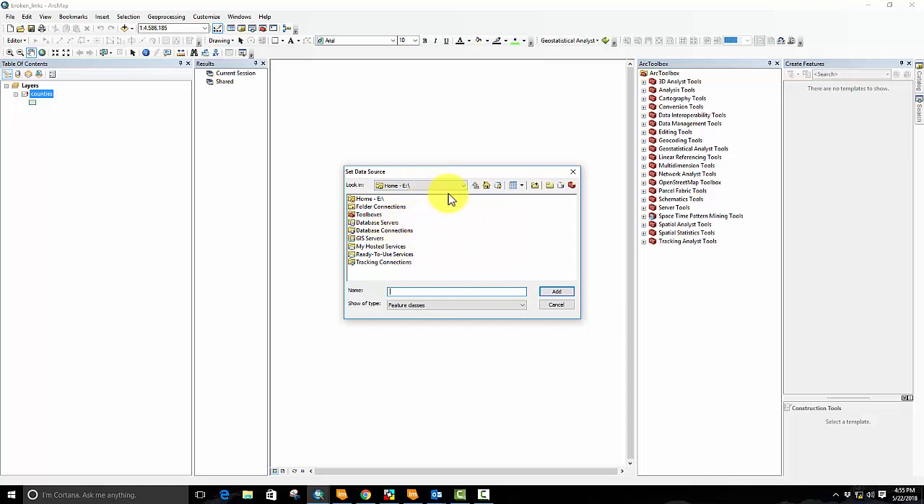If you're not seeing your folders, it might be because you're not connected to the folder yet. That's something that ArcMap does that's kind of weird and different from how other software packages work. For example, it doesn't see every single folder that you have on your computer until you explicitly tell it to look there. So if you're not seeing a folder, just click on this little plus folder,